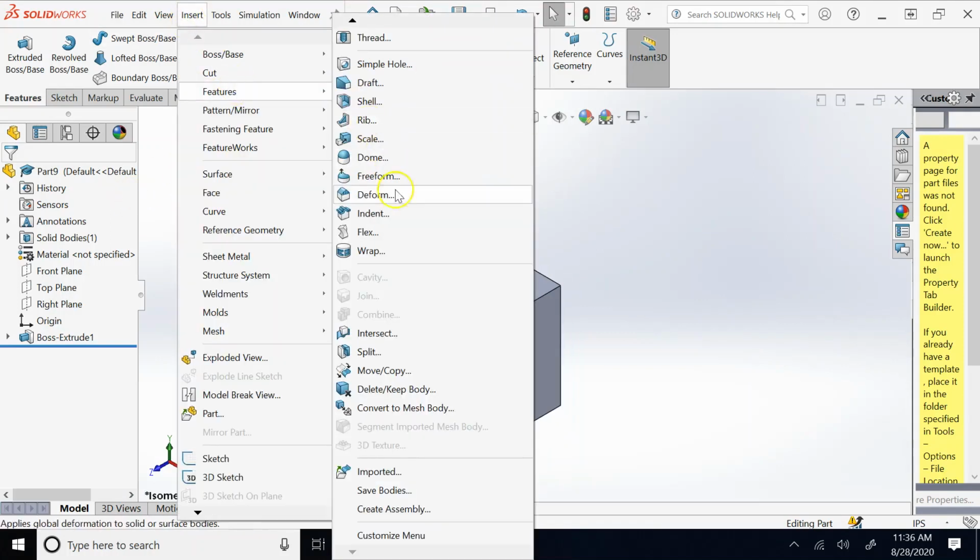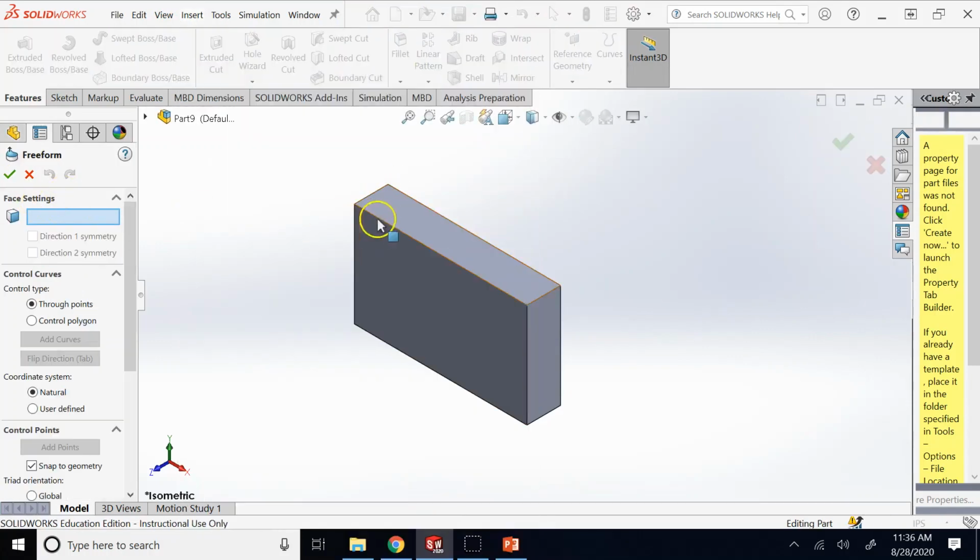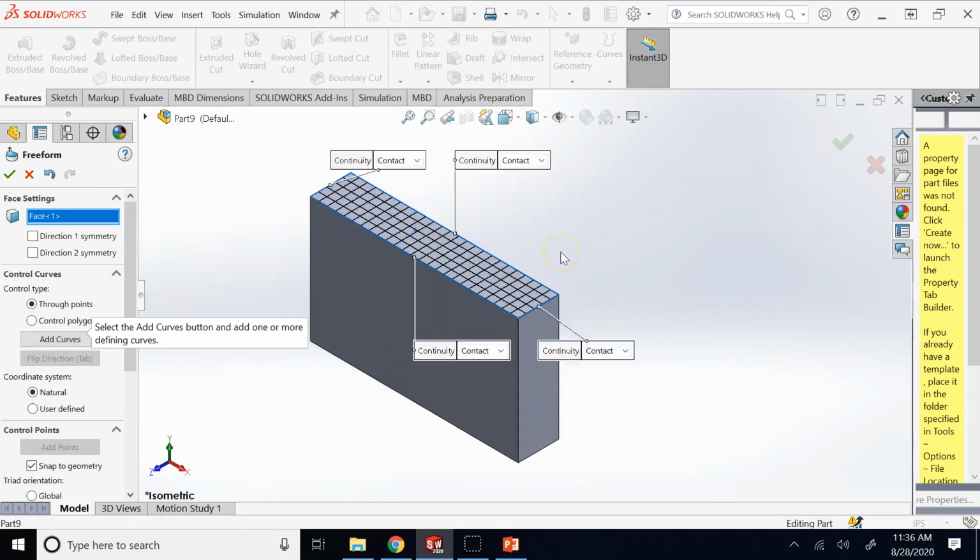So insert features, then we go under Freeform. Which surface do you want to deform? This top surface. Then it gives you a mesh on that surface and the boundaries, and then it says how do you want the boundaries to react. So you say I want them to be movable. I want this to be movable. I want all of the points on these boundaries to be movable, whether movable in general or just tangent to the edge, okay, or follow a specific curvature. So these are your boundaries. You allow them to move,